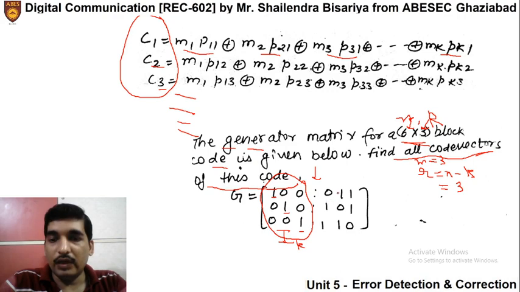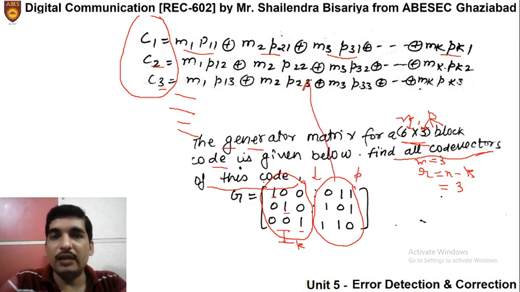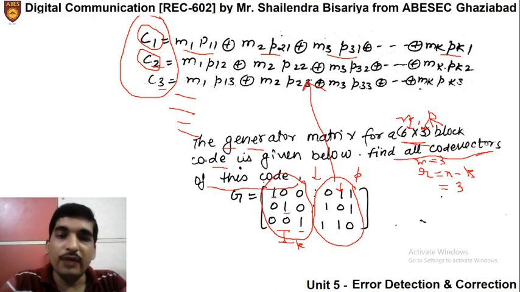Now another part, this is your parity matrix, as we have discussed, for which we are seeing the multiplication terms here, that m1 will be multiplied with p11, m2 will be multiplied with p21, that means the first column multiplication with message bits will give us the code word c1, the second column multiplied with m1, m2, m3 will give us code word c2, and so on. So this is how we will find the code word. So what we are going to do,